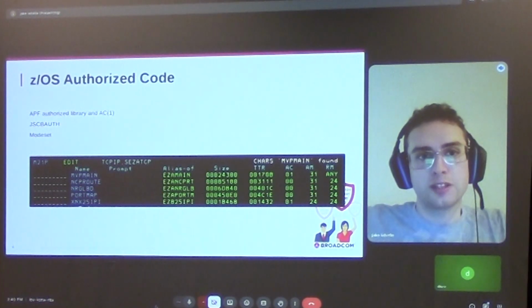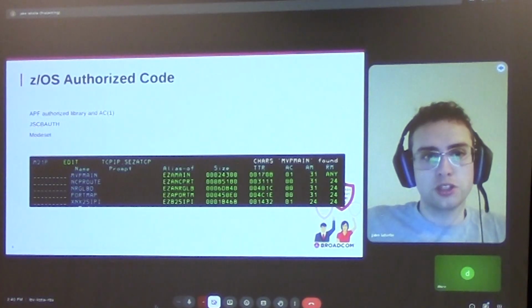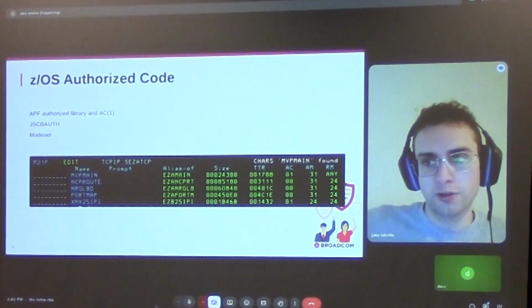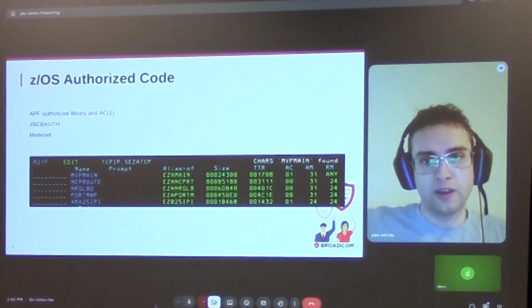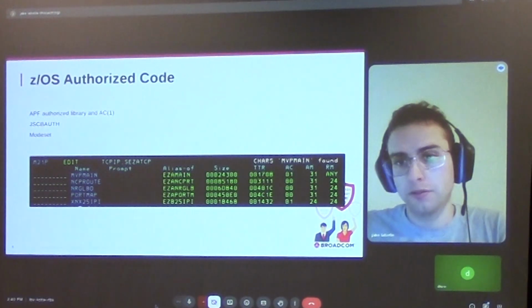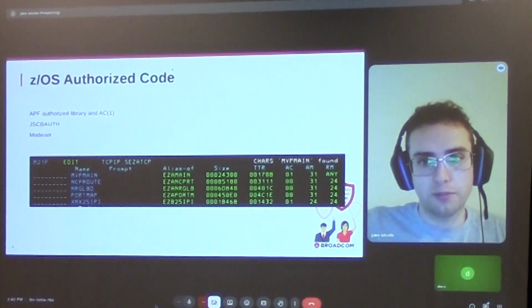You can think of an authorized library like a folder, which if a program is called from this folder, and it's also linked with a code AC1, which you can see in the picture,